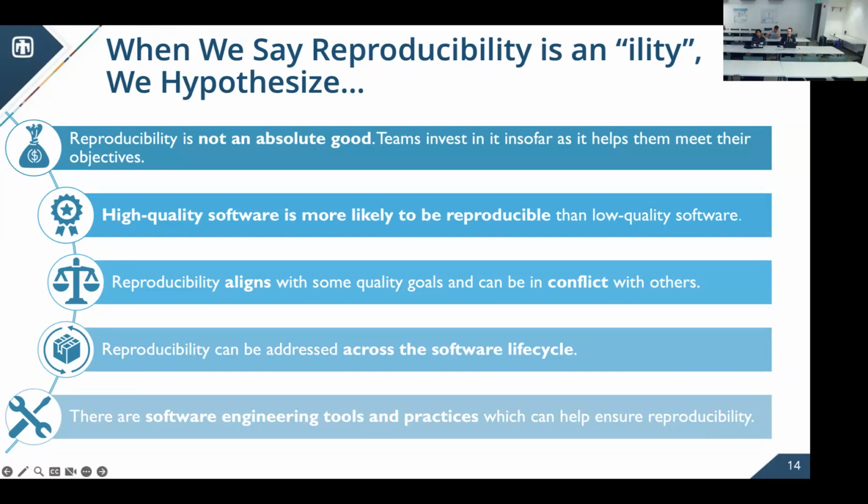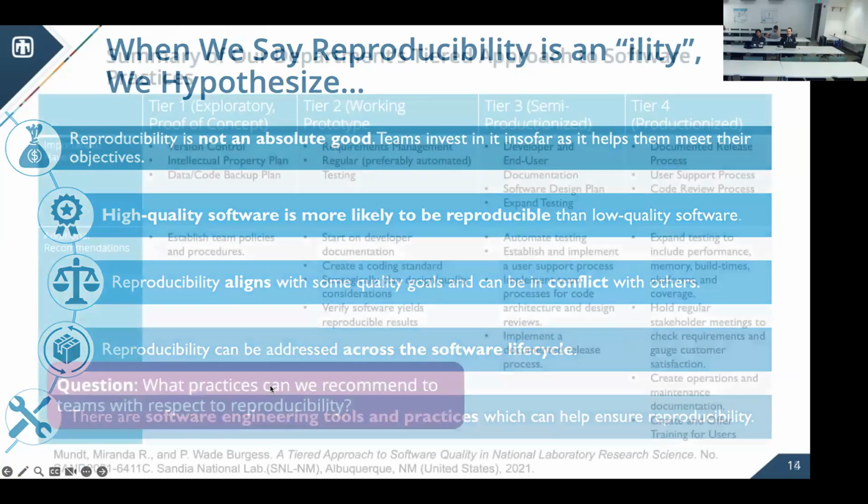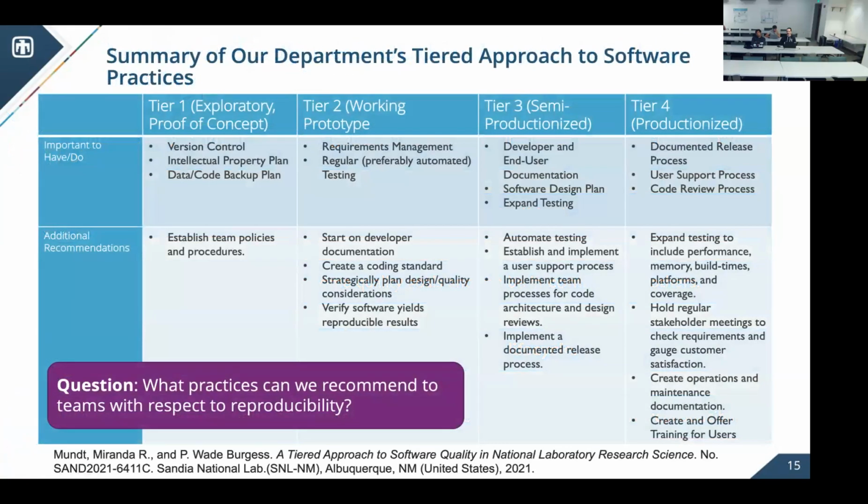So from the perspective of our team, we do a lot of work with different scientific software teams. And what we've realized is you can't expect a team that just has a small prototype research code to adopt every single imaginable practice and tool, full continuous integration testing and continuous deployment and full documentation and a user support process. That can't happen overnight. But what we found in our work is that we try to stage this. So if they're at a certain stage of maturity, we'll focus on the bare minimum. If they're very early on in the development process, we're not expecting them to do everything, but amongst various things,